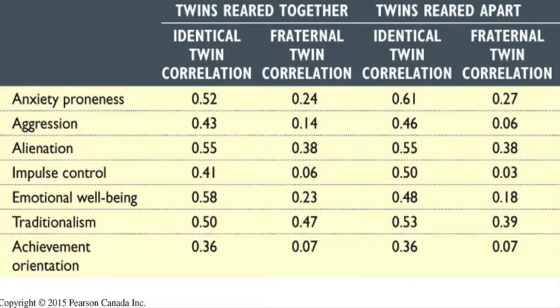Take a minute to look at the following table, which summarizes correlations of personality traits of identical twins, which we call monozygotic twins. So identical or monozygotic twins share 100% of their genetic blueprint. And the table also has information on fraternal twins, or what we call dizygotic twins, and fraternal or dizygotic twins, they share about 50% of their genes, so no different than any two ordinary siblings, if you will, in terms of their genetic overlap.